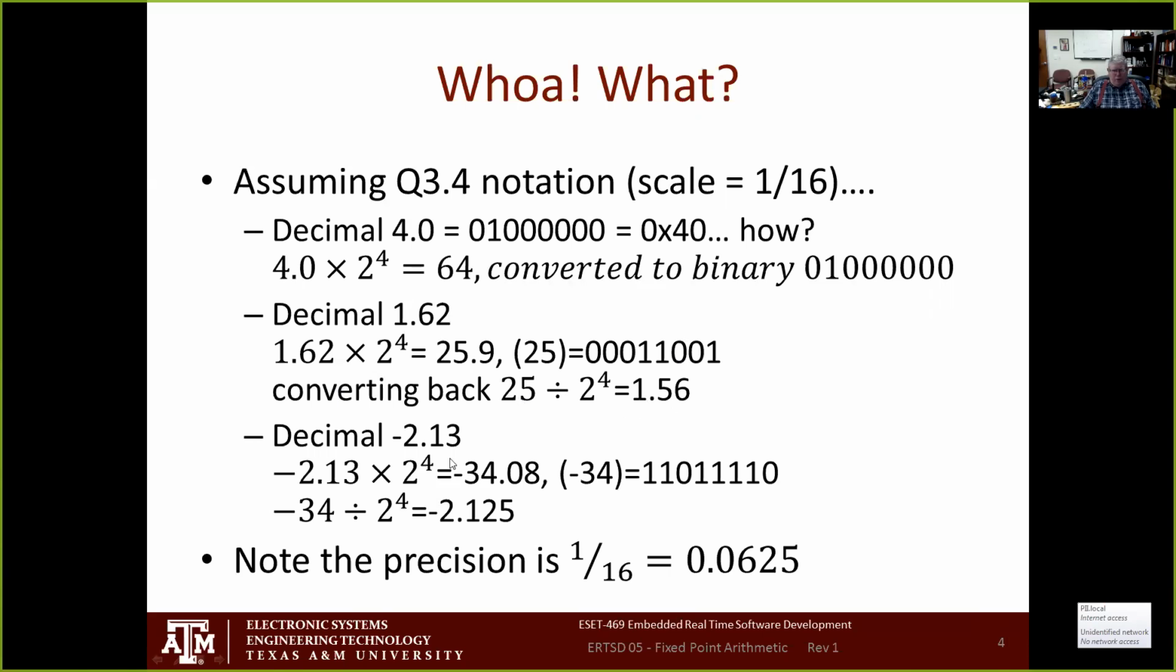So let's take a look at the value minus 2.13. So again, I multiply minus 2.13 times 16, I get minus 34.8, which I'm going to truncate to minus 34, which turns out to be that value in binary. Remember, we're 2's complement. And when I convert it back, I get 2.125, which, hey, that's a little bit closer to 2.13 that I was looking for. But just take a look at this,